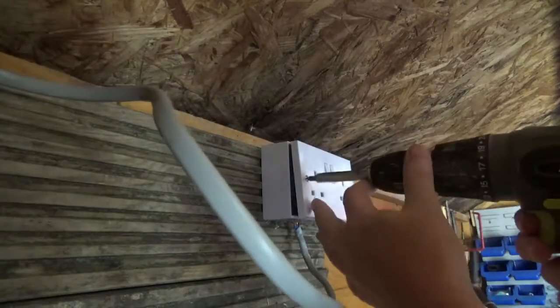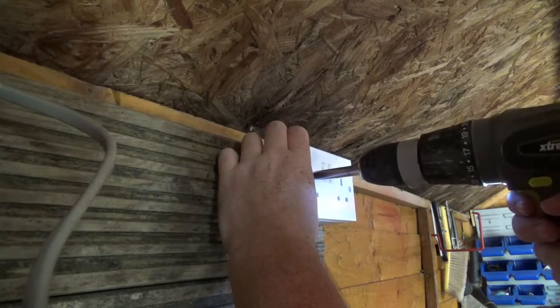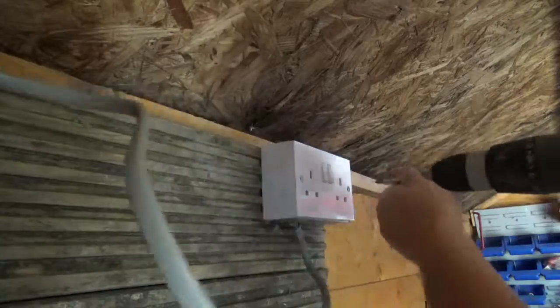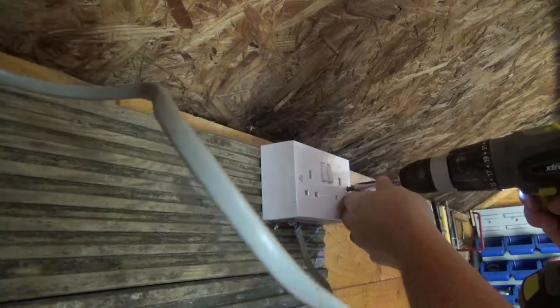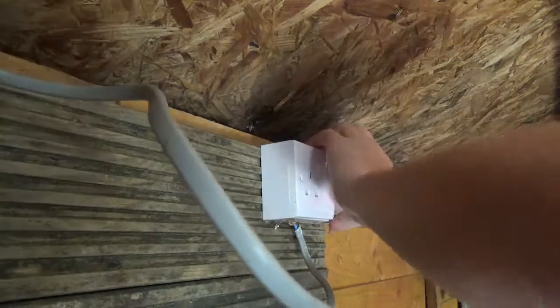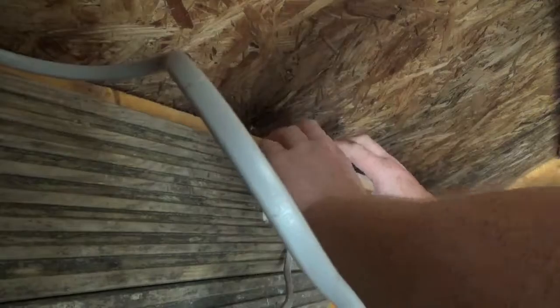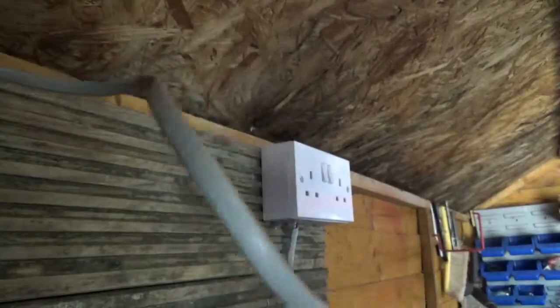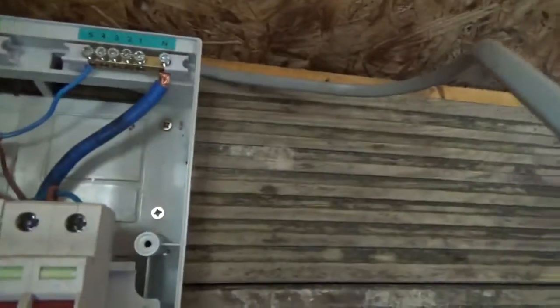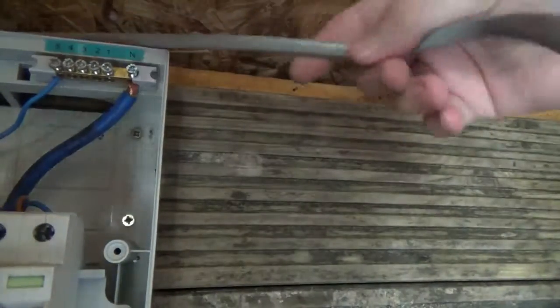I'm gonna quickly nip this up gently. Oh crap, went a little bit too tight then, I think. Right, that's that one anyway, that's in place. I'll switch on, swing it around this way. Oh, that's dodgy as hell there. Right, so